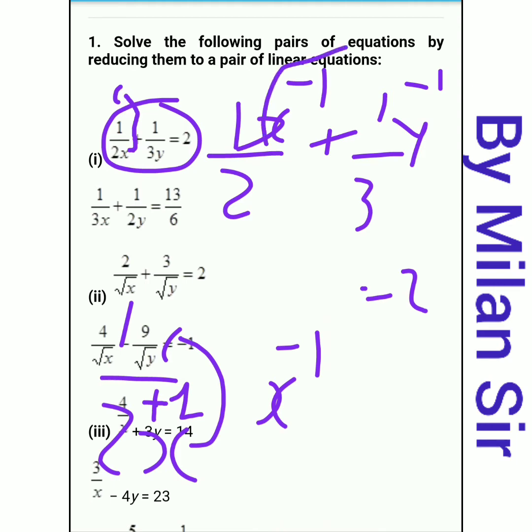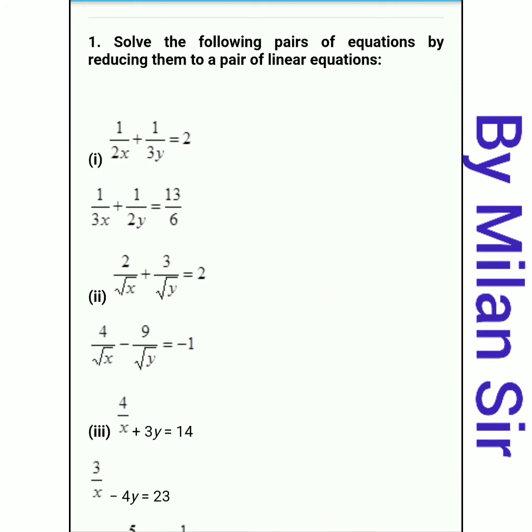Now here the degree of this equation is minus 1. We can say the degree is even 0, because with a constant term the exponent of the variable is 0. The highest power of the variable is the degree. So this is not a linear equation, but we can convert this equation into a linear equation. This method is called reducing a pair of equations to linear equations. That means we can reduce this equation into linear equations.